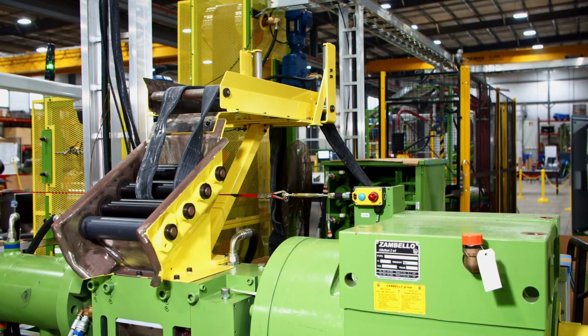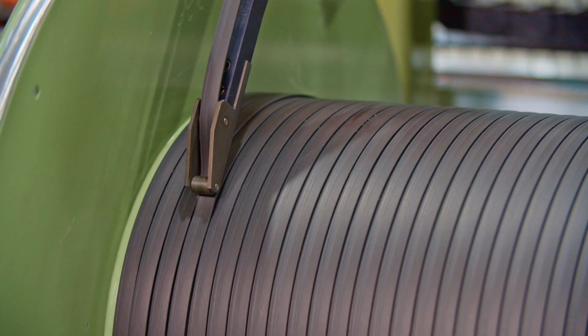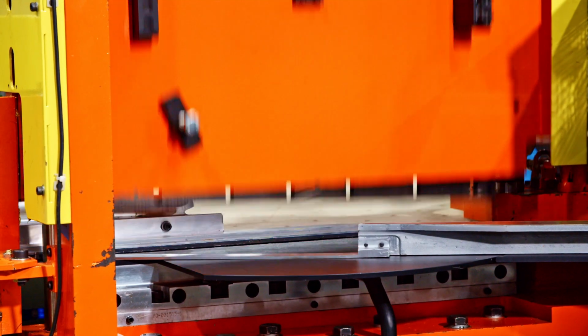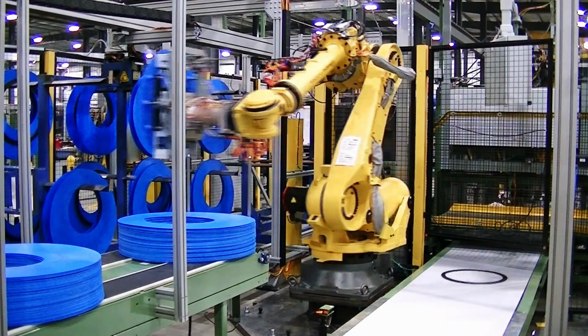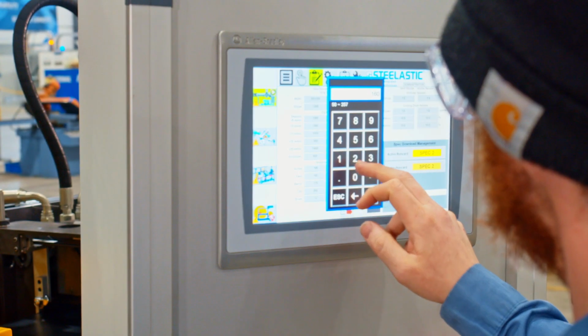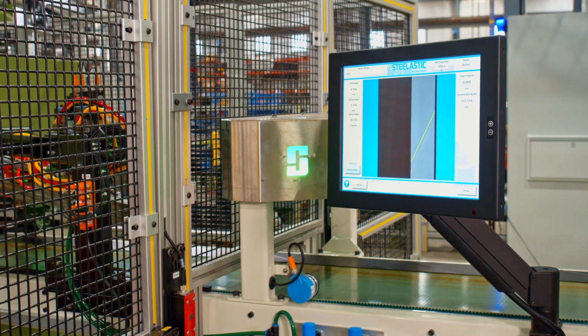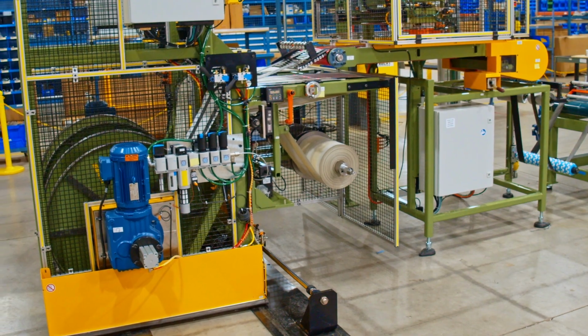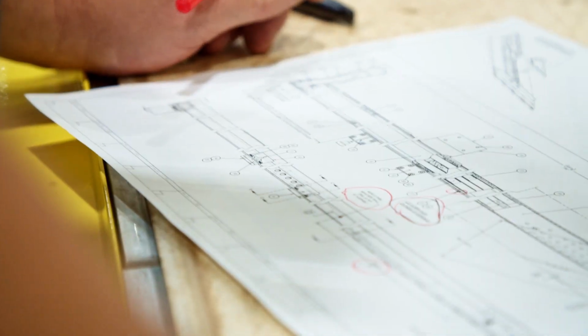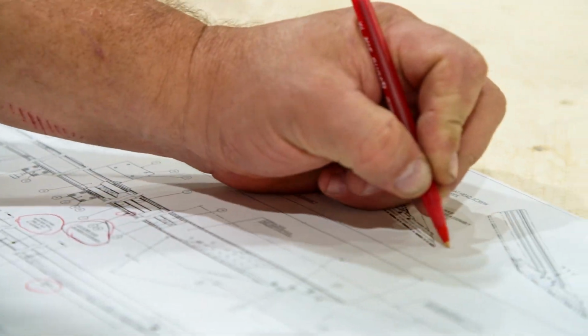Our breakthrough calenderless process allows you to easily produce all the reinforcement components utilized in modern tires without the need for traditional rubber calendering, giving you a production line with more flexibility, enhanced automation, greater efficiency, improved traceability, and a smaller footprint. As we continuously search for new and better ways to serve our customers, we've expanded our portfolio to